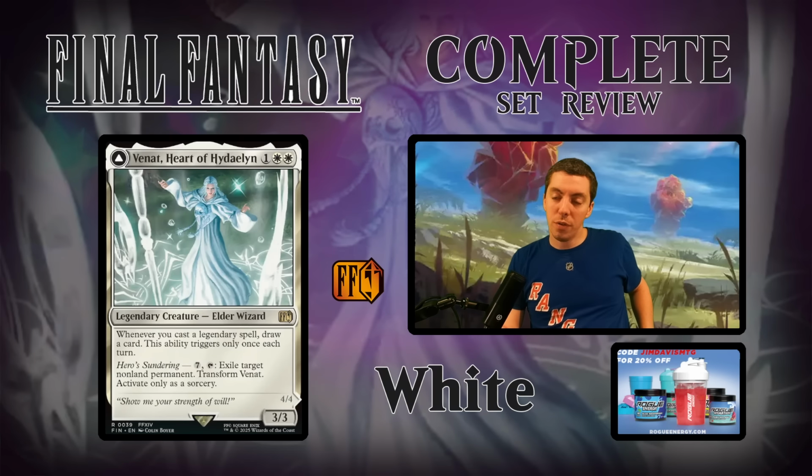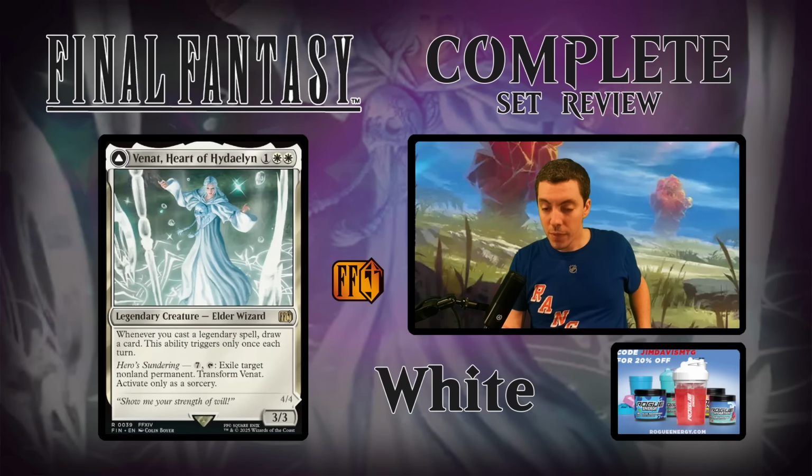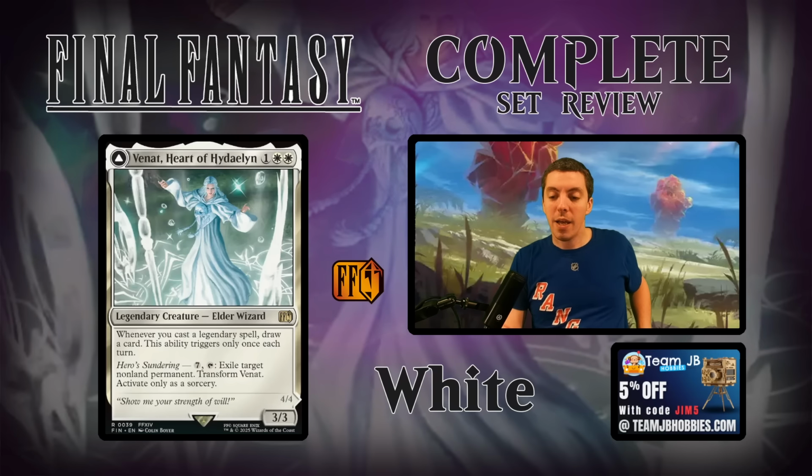Venant, Heart of... I'm not even going to try it. The mana for a legendary 3/3 Elder Wizard. Cast the legend, draw a card, but only once a turn. Then it has that big, expensive, flip-it-over ability. 7 mana, exile this, and you get